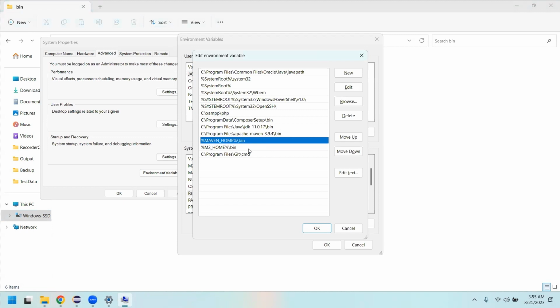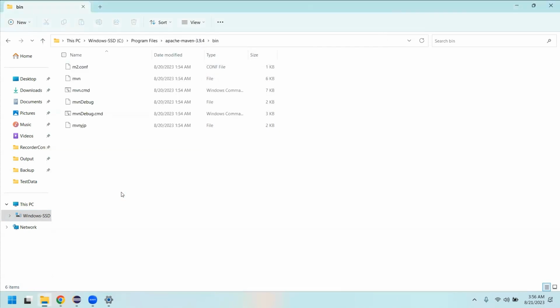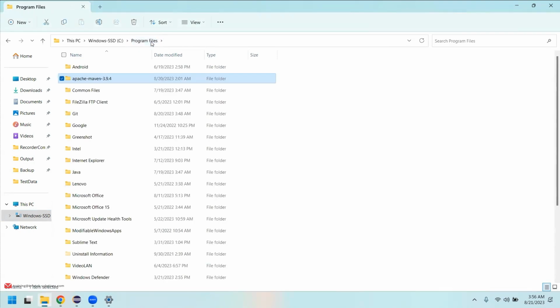So that's why we go to environment variables. We set the path so that we can easily run this from command prompt. Now at the end, do OK, OK, OK. So all these paths are set now. The very next thing that you are going to do is